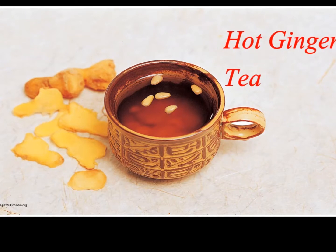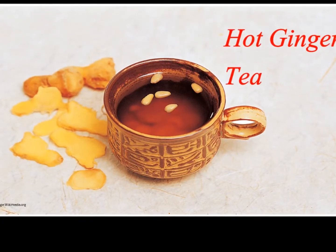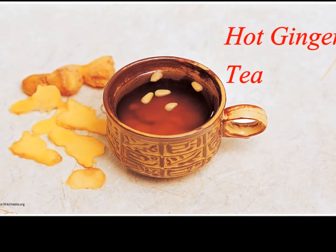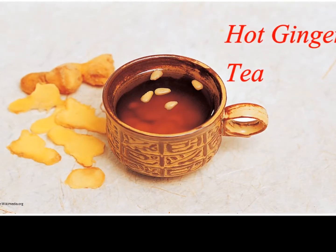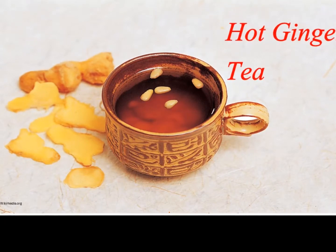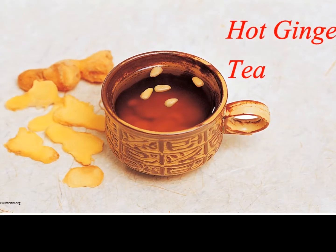Strain, use hot mitts or a towel as the jar may still be quite warm, and then pour yourself a piping fresh mug. You may find that you want to reheat the tea slightly. Add honey and lemon if you are using them, sip and savor, and be sure to breathe in the steam. Store the rest of the tea in the fridge for up to 24 hours, reheating and drinking 3 times throughout